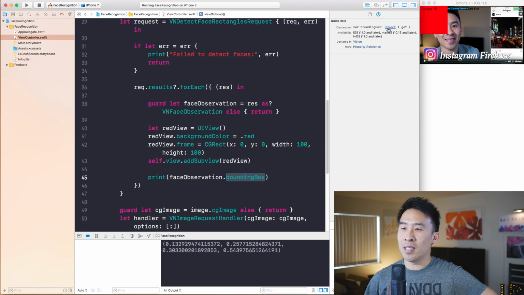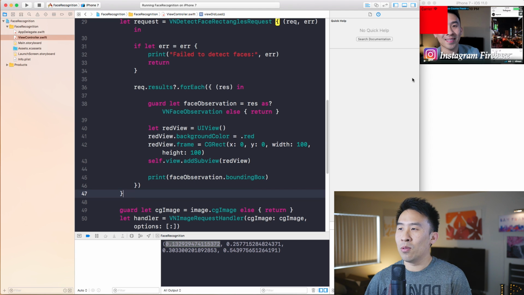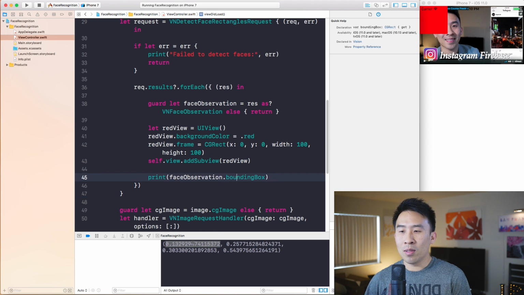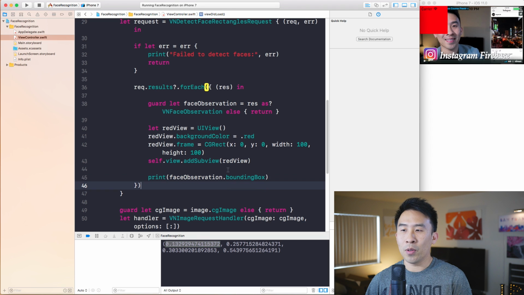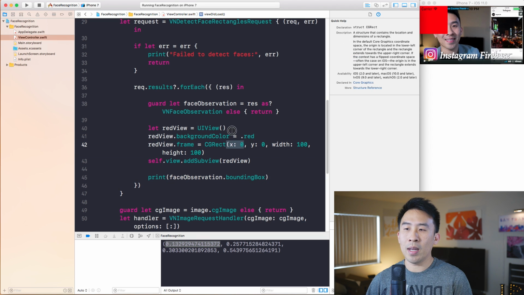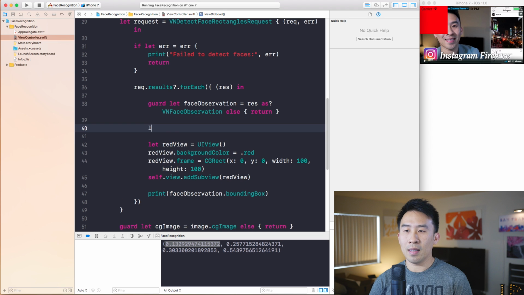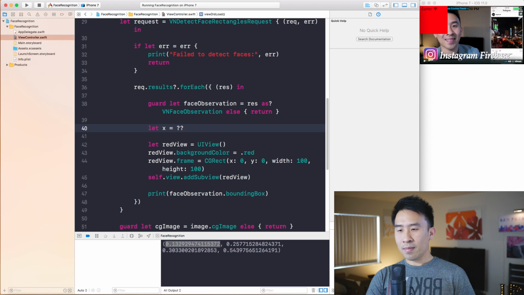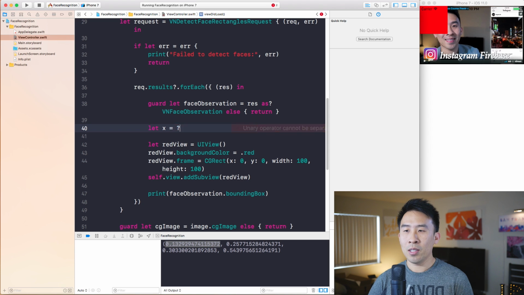And the bounding box is a CGRect, so this is the X value, this is the Y, this is the width, and this is the height. And to do this, to draw this over my face, I'm going to use the X value right here for the X value up above in the CGRect by first saying let x equal something. And what is this something? So this 0.13 right here is the actual percentage of the entire view from the left side in which you should draw this red box. So what I mean is you should do this right here,